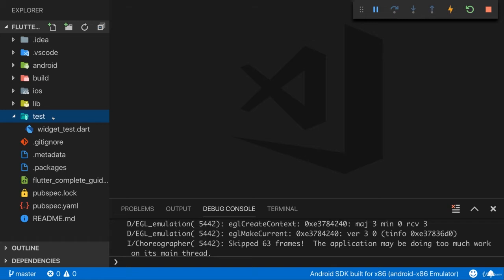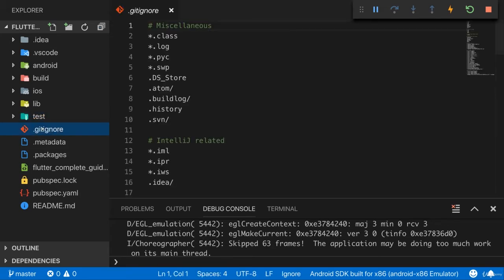Certainly important once you're a bit of a more advanced Dart and Flutter developer, but not important for us right now, and therefore we can safely ignore this. Gitignore is a file that helps you when you're using Git, which is a source code management tool. It allows you to create snapshots of your code, save them, and you can go back to them at a later point in time if you messed up something or if you want to change something. It is not a tool you have to use, but often during development, Git can be really useful.